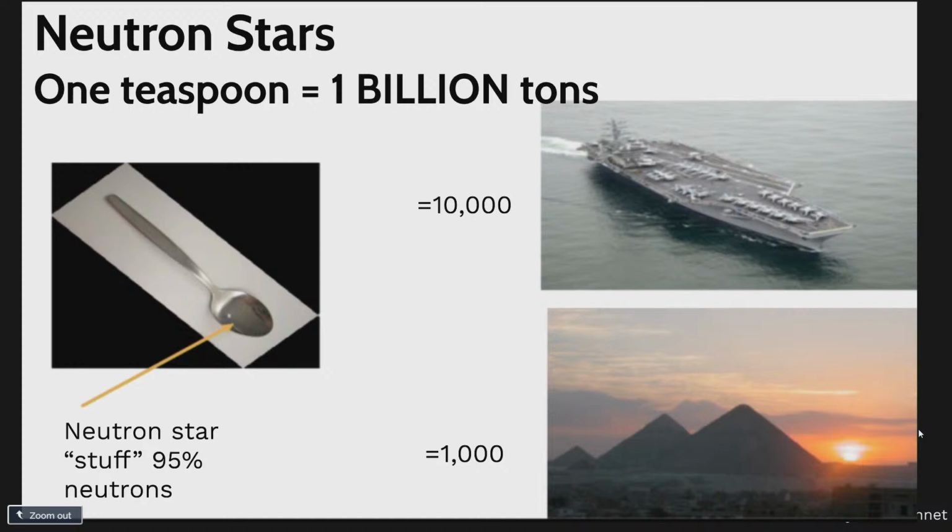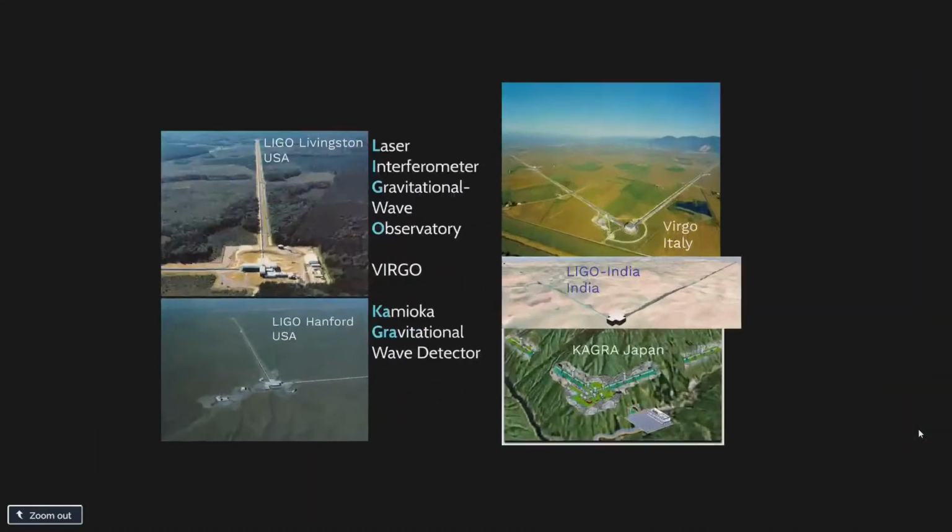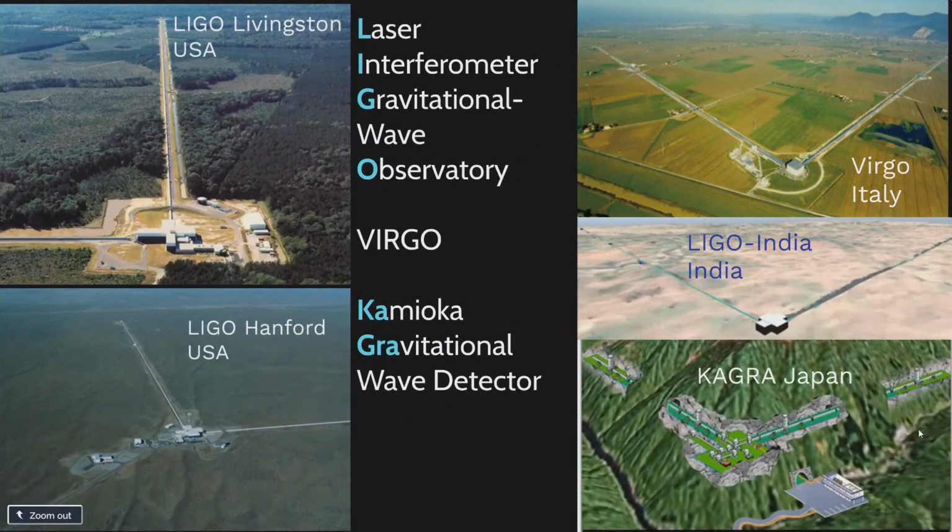But if it's less massive, it'll end up as a neutron star. And a neutron star is very, very dense. One teaspoon of material weighs 1 billion tons. That's as much as 10,000 aircraft carriers or 1,000 pyramids in a teaspoon of material. So extremely dense. And in 2017, there was a big event